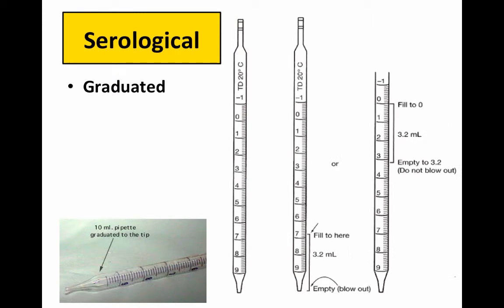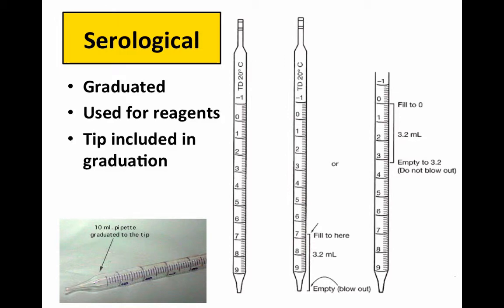Another type of graduated pipette is the serological pipette. This is graduated very similarly to the Mohr pipette, but in this case, you do include the tip in your dispensal. So if this is for 10 mLs again, you have 0 here, and because this goes to -1, actually, if you wanted 10, you'd fill it up to -1. But basically, if you want this whole thing, you have to expel all of this fluid from the tip out in order to get exactly how much you